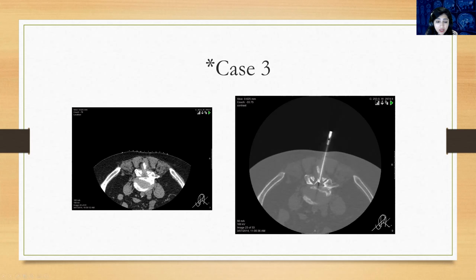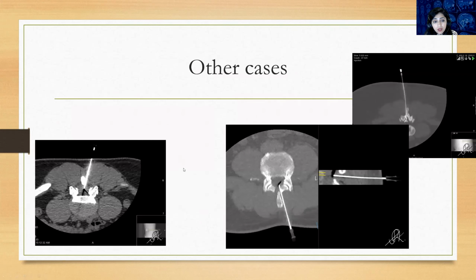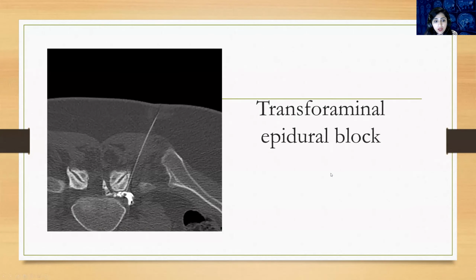So this is the same patient. This is how the spinal canal stenosis was before. It's very hard to differentiate the ligamentum flavum and the cord here. So that's why the pump method is really good, to prevent any bad thing from happening. Another case, using air as a contrast.